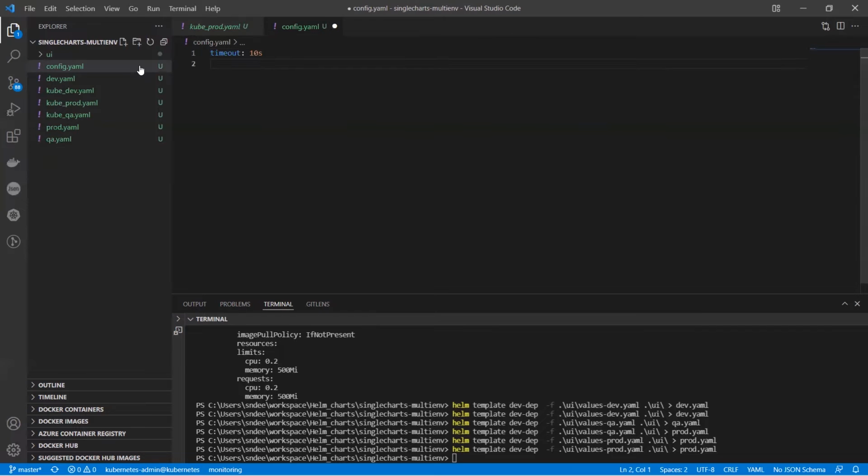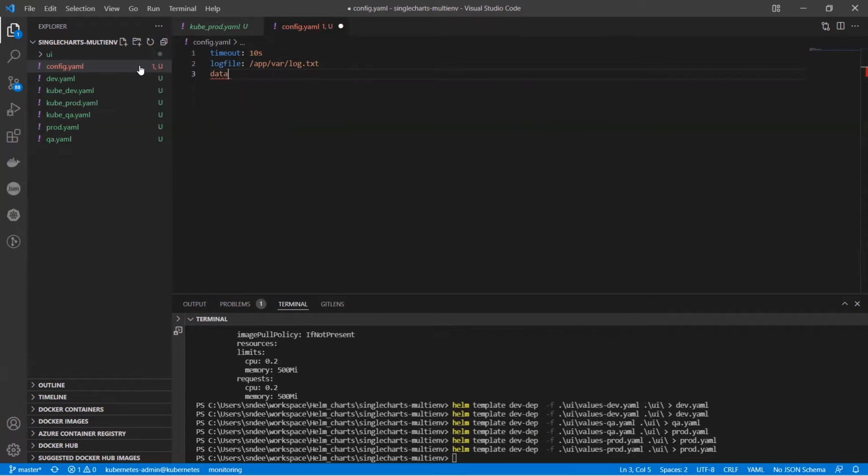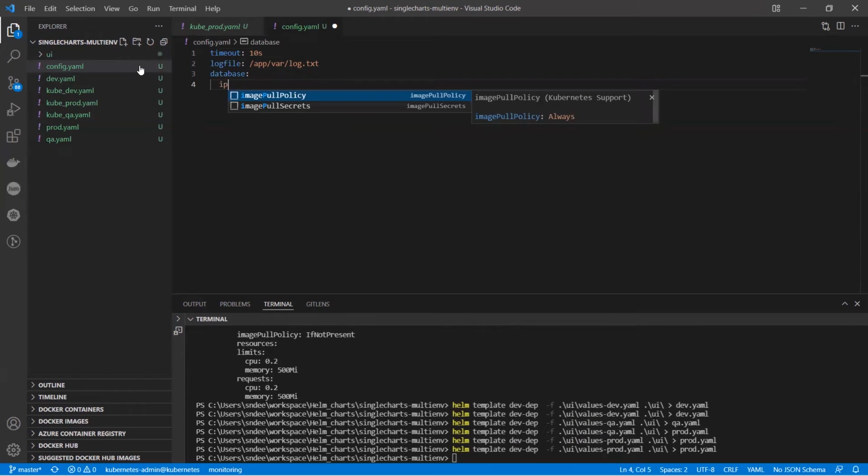And we also have other parameters, like let's say the log file. Let's assume I'm going to store log files under /app/var/log.txt. So this is where logs will be printed. And we also have database details in the config file. So the database is under this IP, and let's say the IP is